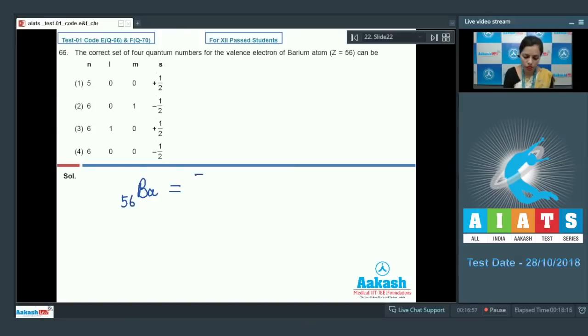Its electronic configuration is Xenon's configuration and then 6s2. This is the configuration for barium. It means it is an alkaline earth metal and the valence configuration is ns2. Now in this case, if we write the set of the quantum numbers,